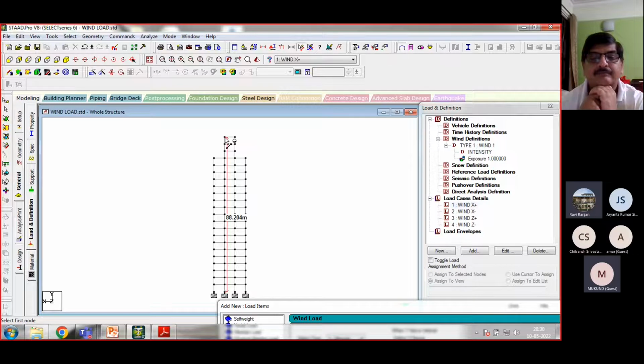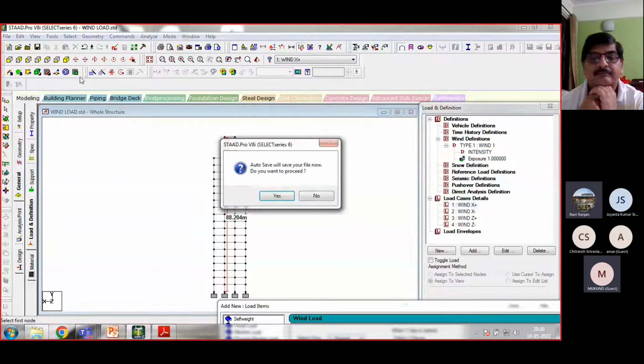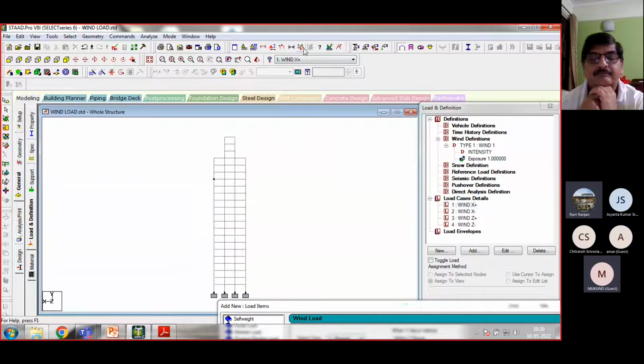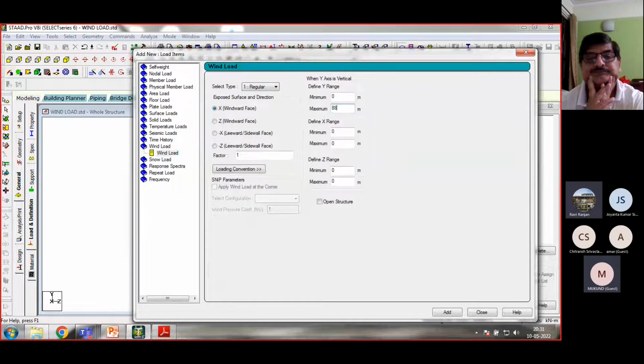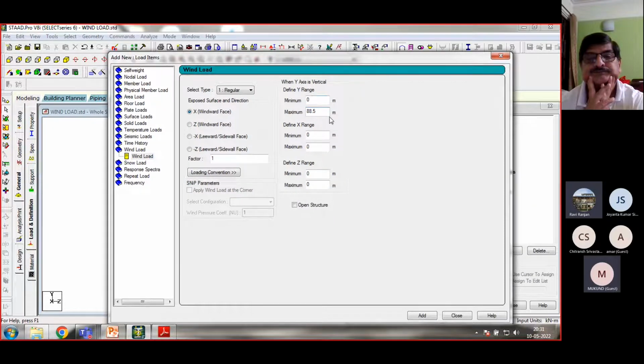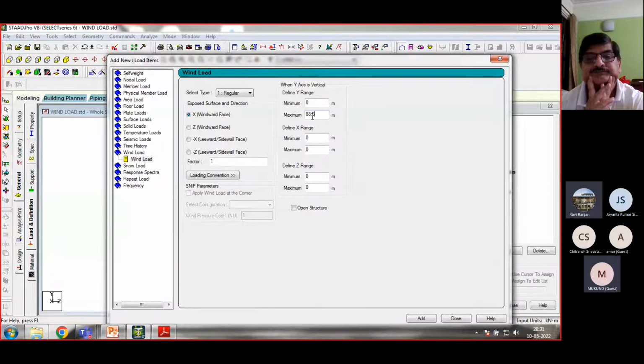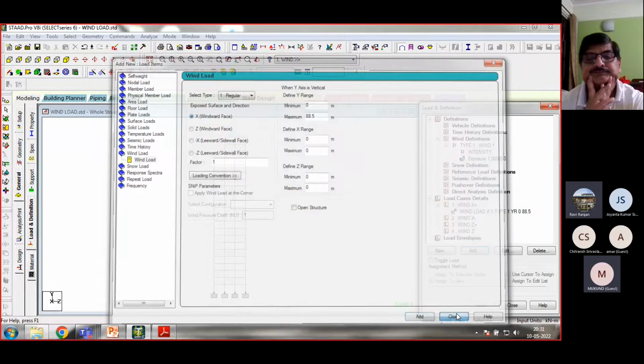88 point, or close, remove the dimension from here, 88. Okay. So I just give 88.5 as the building height. We could also give 90, no issue. Maximum height is about 88.5. Add, close. In minus x-axis,